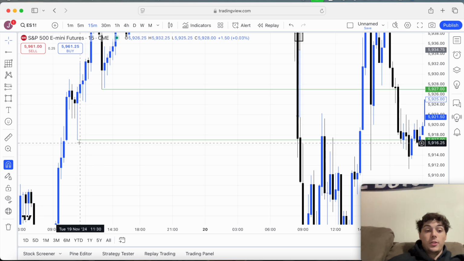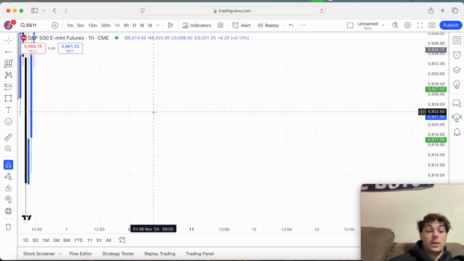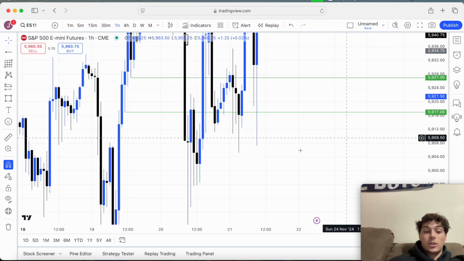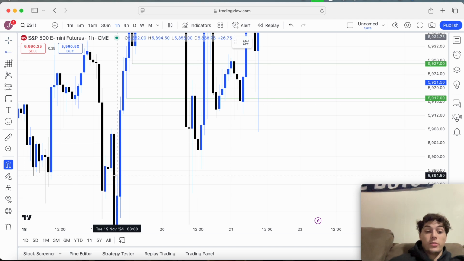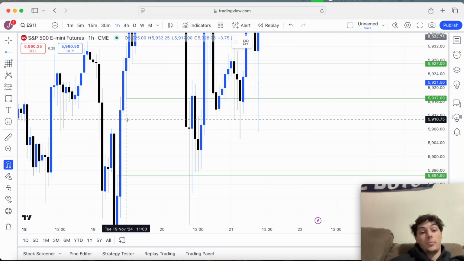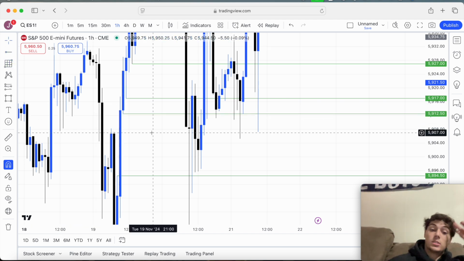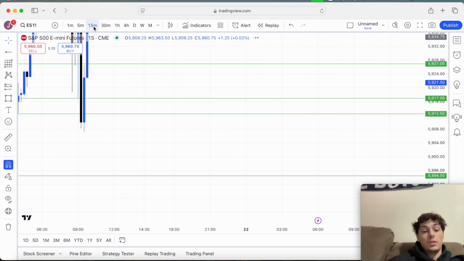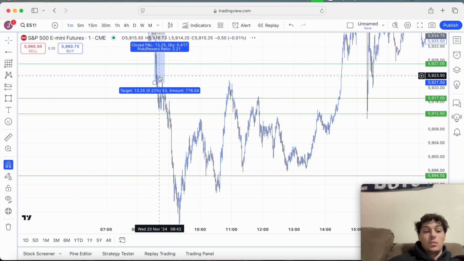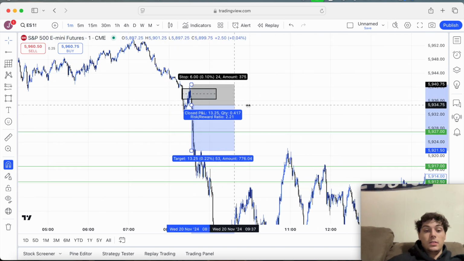So then we go to this 15-minute liquidity, and then we go to the hourly time frame. And then what's our next draw on liquidity? We have this ginormous low right here of a fair value gap. Or if you're trying to play it safe, target right here. It's completely up to you and its preference. But as you guys can see,